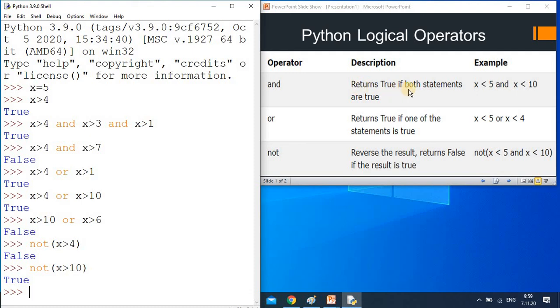So the main are and, or. In and, it returns true if both statements are true. In or, it returns true if any one statement is true, otherwise it is false. In this way you have to remember this, and I told you about remembering this logic. In English we commonly use and, or. Suppose we say I will do this work and that work, you have to do both works.